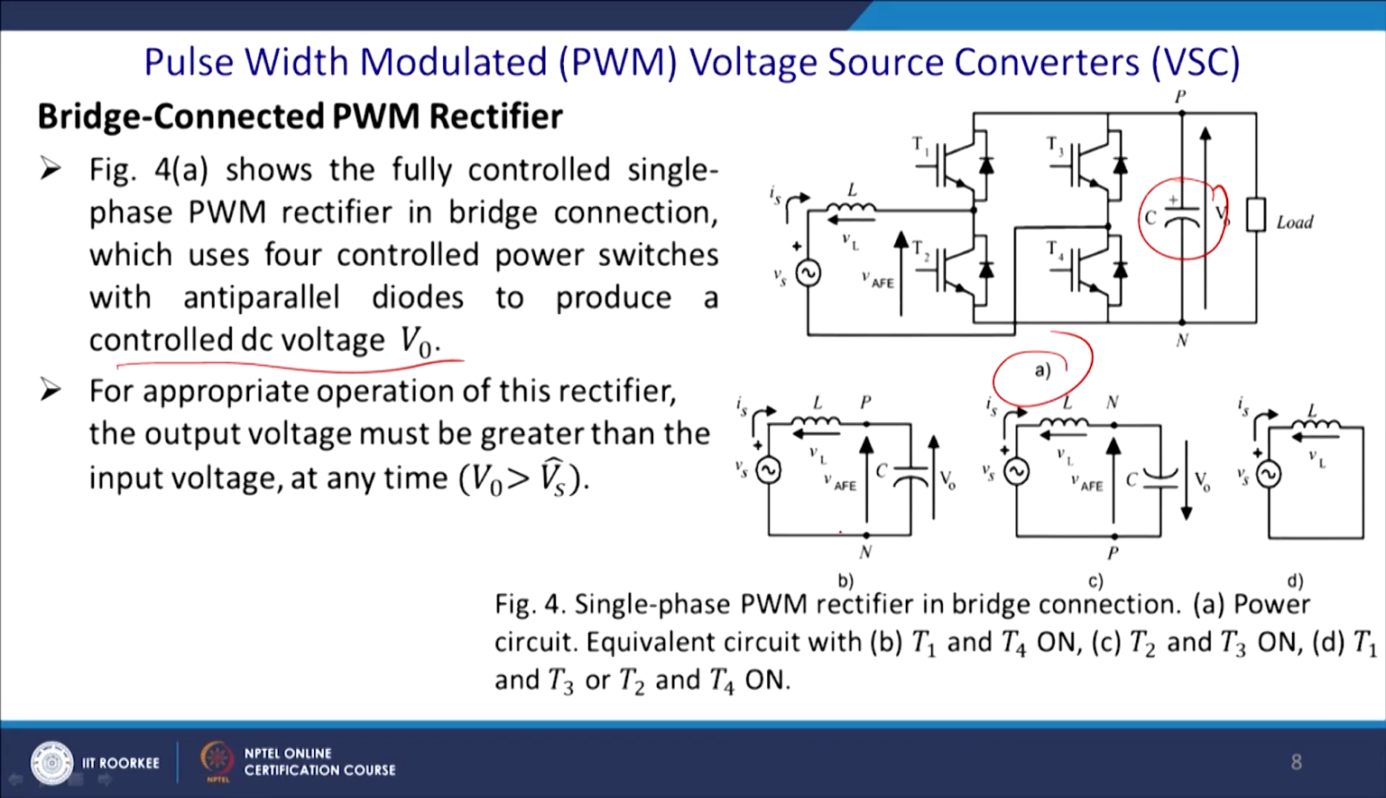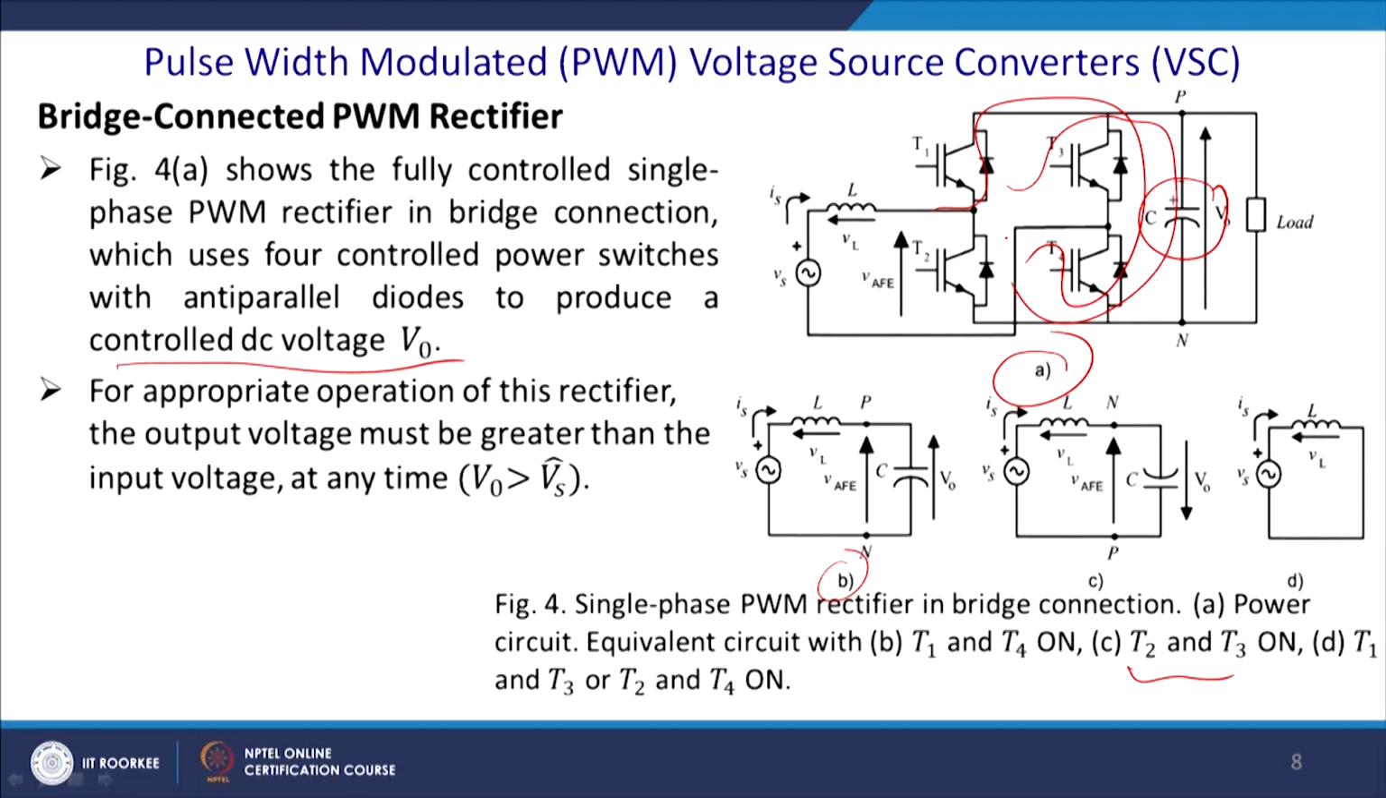So, what happened here? This is the B part of it, when T 1 and T 4 are on, this is the path essentially. So, ultimately this leads to this part of the circuit, and the other is when T 2 and T 3 are on. So, ultimately you have this part of the circuit,